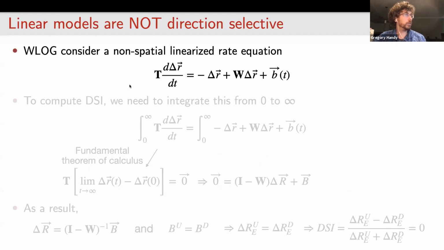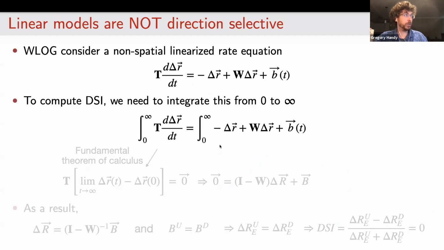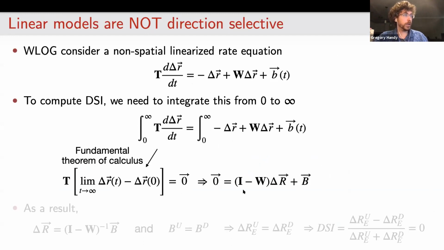We have this equation here. To compute DSI, we just take the integral of both sides. The fundamental theorem of calculus is always handy. It comes through and sets the left-hand side to be 0. The right-hand side we can simplify, passing through the integral. W is not changing, it's the connectivity matrix. As a result, we can